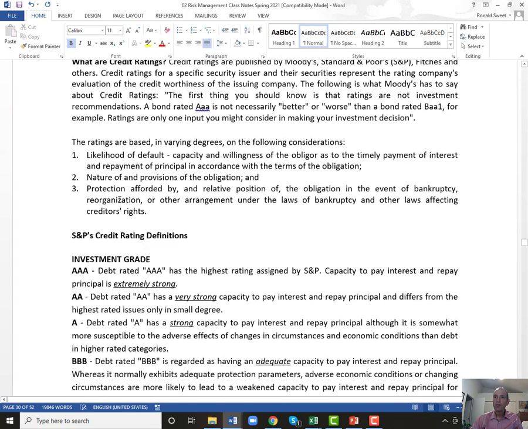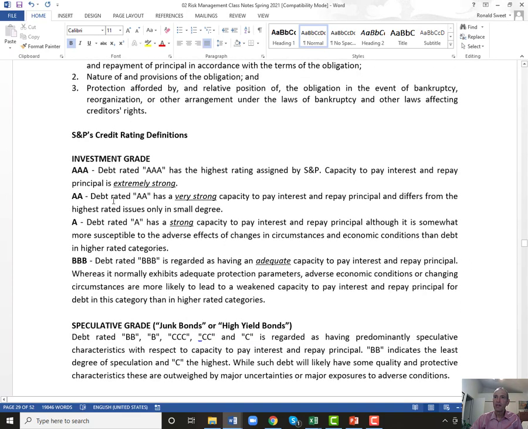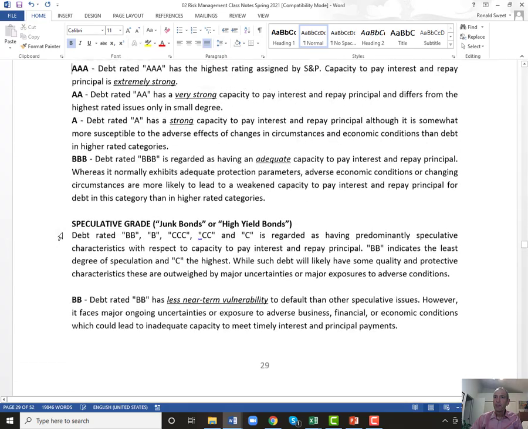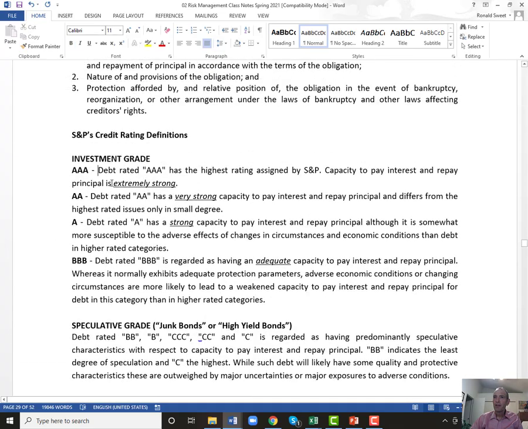You should know which is which, whether you're in finance or not. You need to know what is what. And S&P is the norm. So if you're doing Duff and Phelps and some of the others, they look just like S&P. Moody's is the oddball in the way they do theirs. And so you look at AAA, extremely strong. AA, very strong. Single A, strong.